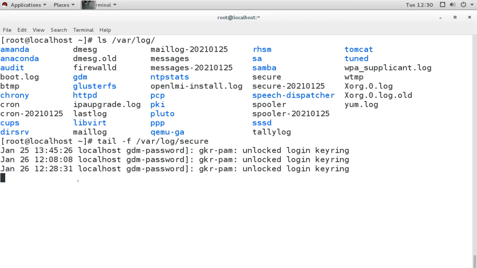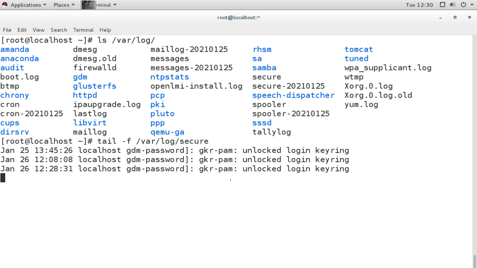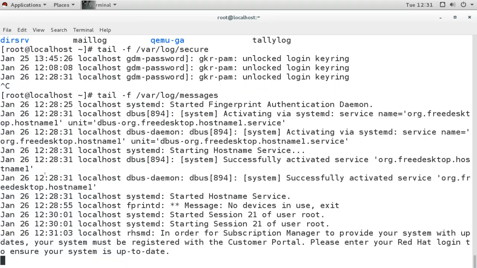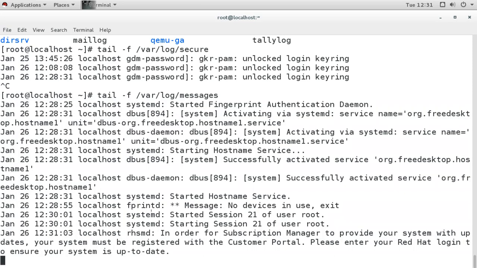Now what we are seeing here is a specific format of logs. If we see any log, secure log, message log, mail log, cron log, we will see the same format of the logging. Let's see, I will check this log of messages. Here it is showing the last 10 lines. It keeps printing the new entries. So when we see these logs, they also have the same kind of format.